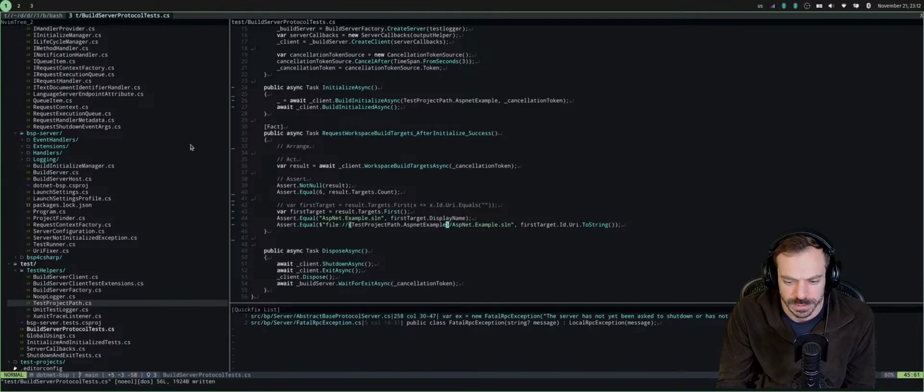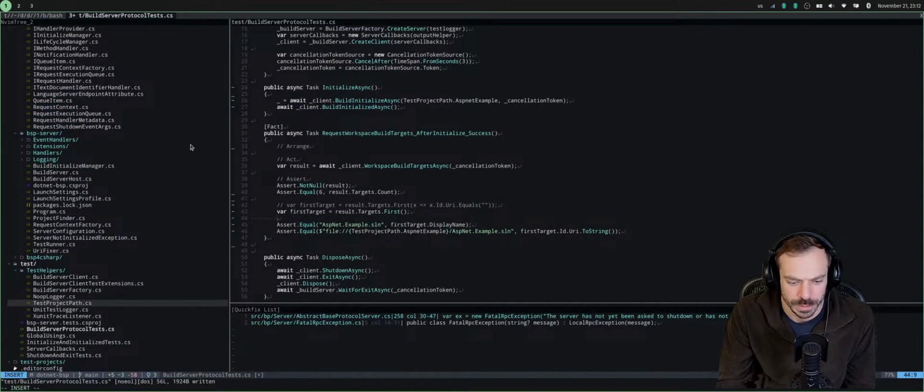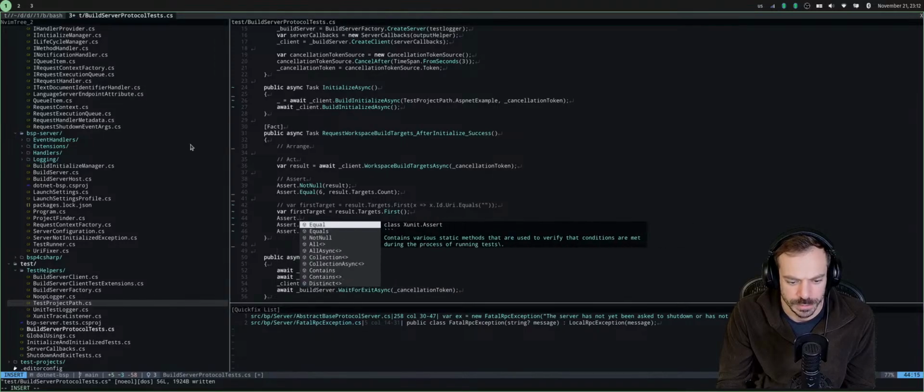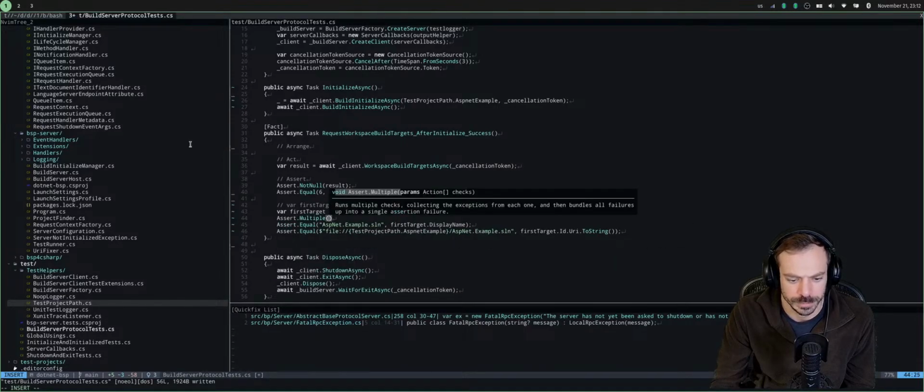Should be like this. And what we could add here also is assert multiple.